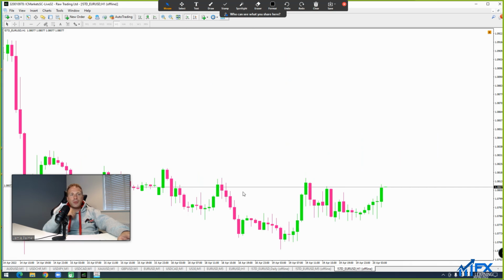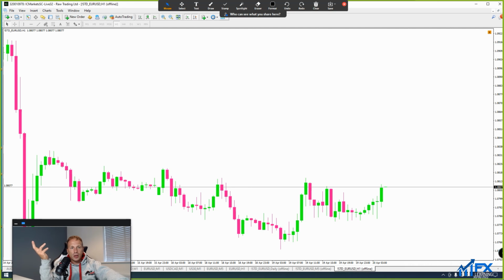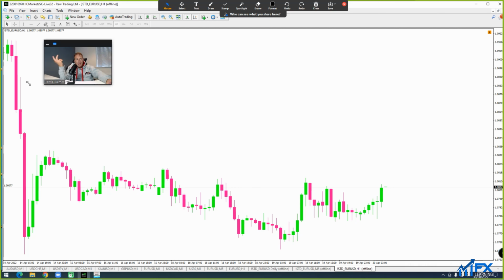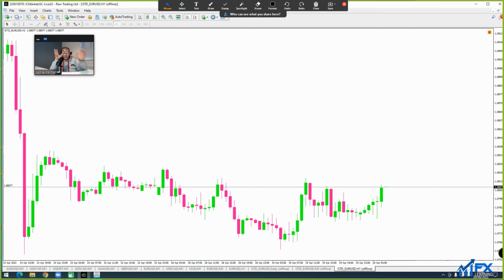Okay, so let's have a quick look at the 1 hour. Let's just keep it simple, right? We're just going to look at trends. We're going to look at higher highs and higher lows, and we're going to mark up areas where price has reversed from. Okay, so on the 1 hour chart, first of all, I can see that price was in a downtrend because we've got